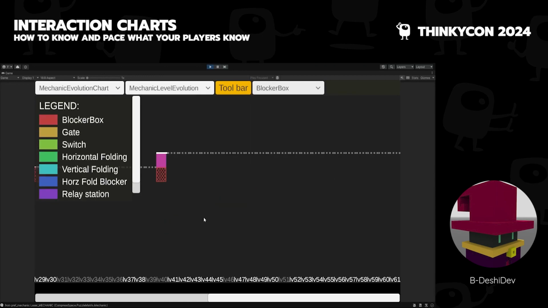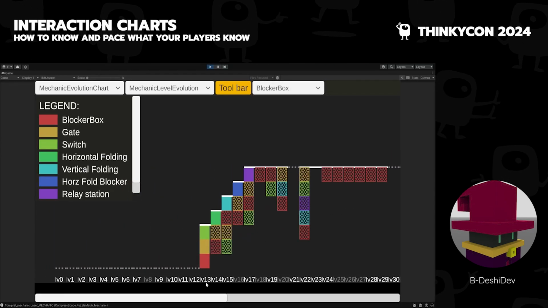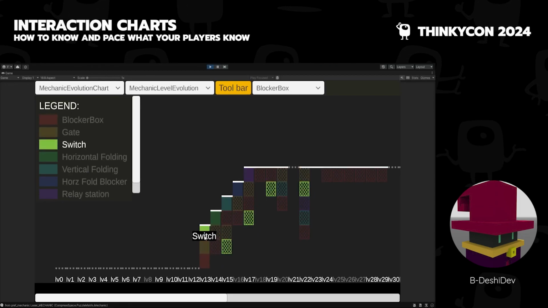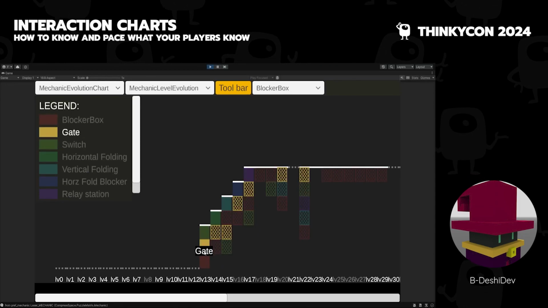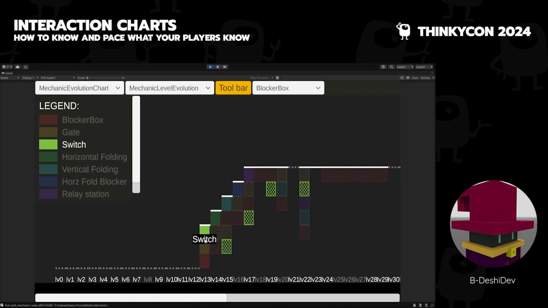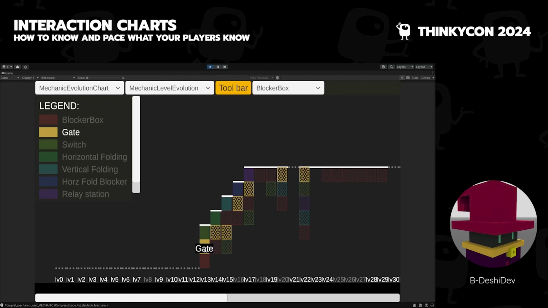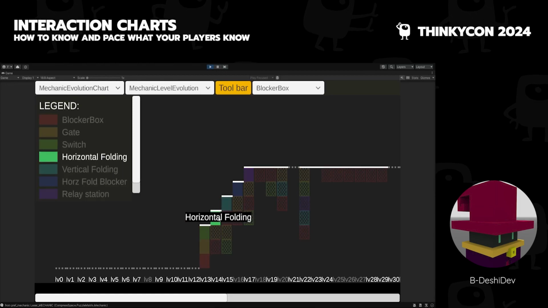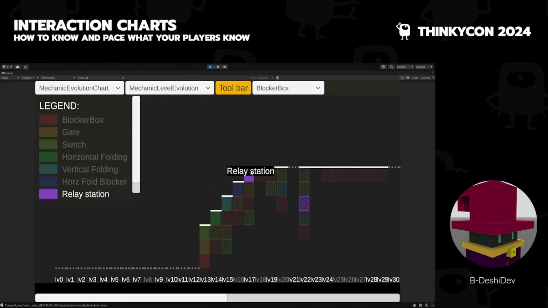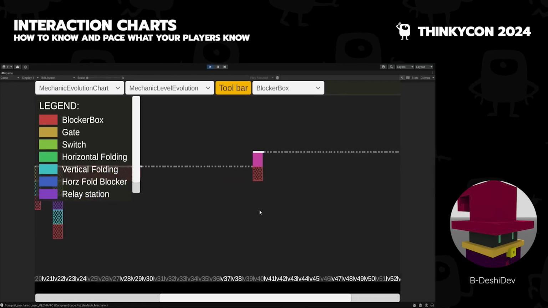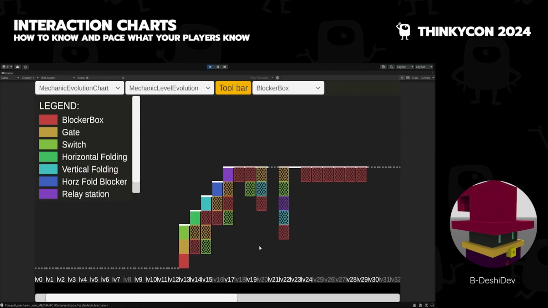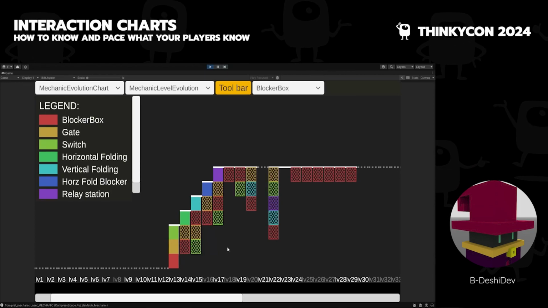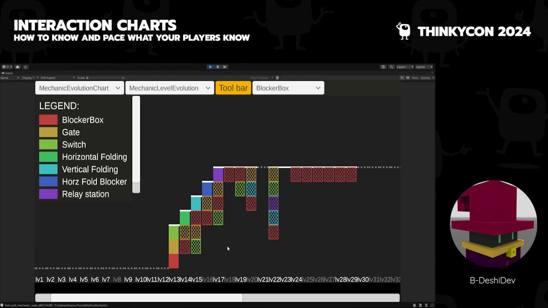For example, the pushable box mechanic, or blocker box. So it occurs first in the common ground level, alongside the gate and switch mechanics. And as we can see, the mechanic is paired quite often with the gate and switches. And then on subsequent levels, it is paired with the horizontal folding, vertical folding, horizontal fold blocker, relay stations, and so on. So as we saw in the interaction charts, we could visualize which other mechanics it was present with,